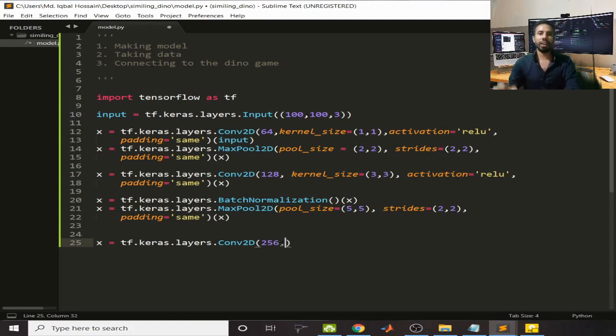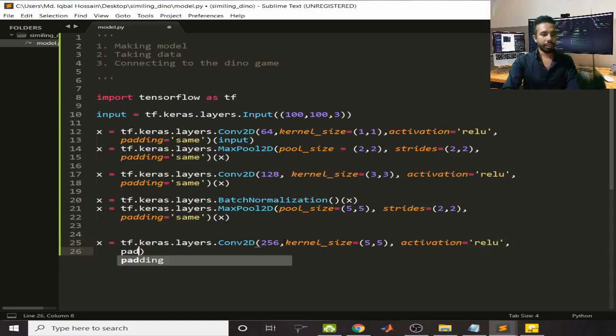So the number of filters is gradually increasing here. I'm going to change the kernel size here to 5 by 5. As the activation function I am going to use rectified linear unit and keep the same padding, and pass x,